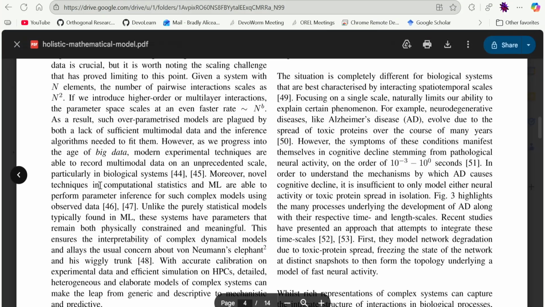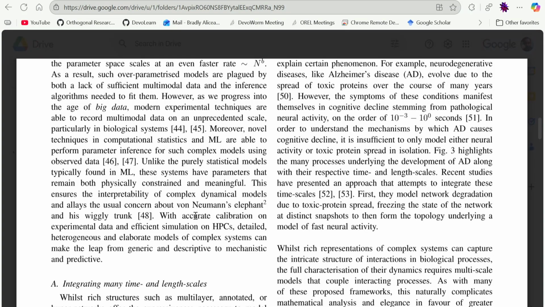Moreover, novel techniques in computational statistics and machine learning are able to perform parameter inference for such complex models using observed data. And so, unlike purely statistical models such as machine learning models, these systems have parameters that remain both physically constrained and meaningful. So, if we talk about a 6 trillion parameter model in deep learning, the parameters they're talking about are very different than the parameters we're talking about in these network models, because we have parameters that are physically constrained and meaningful in the world, or they describe different properties of